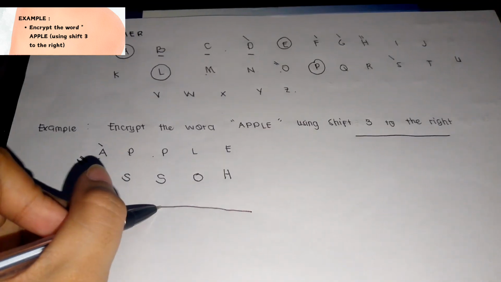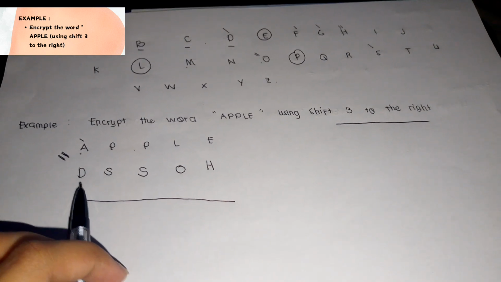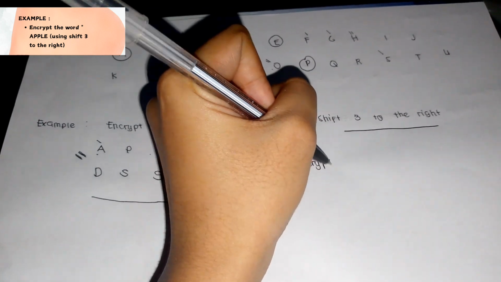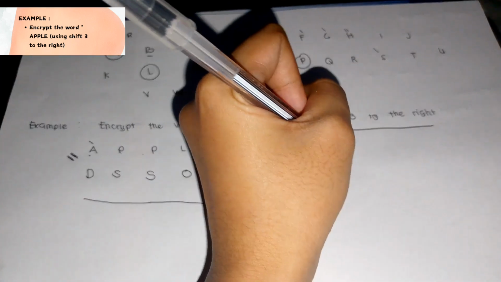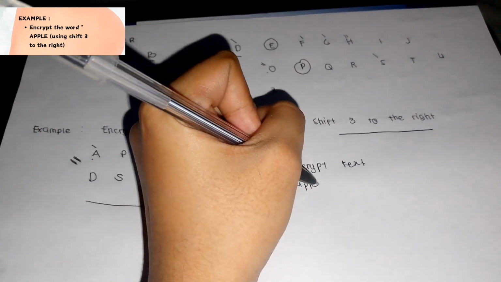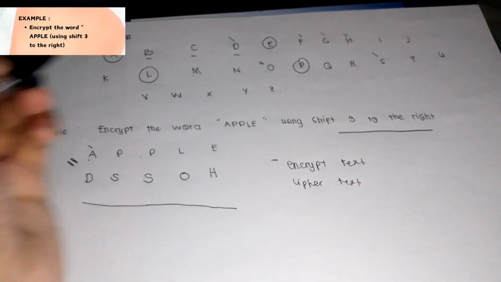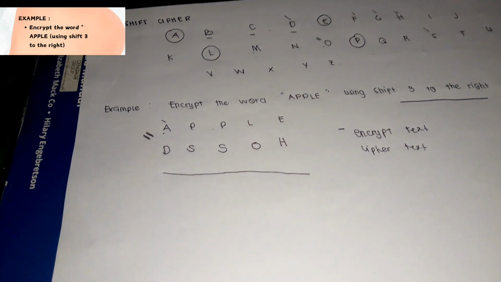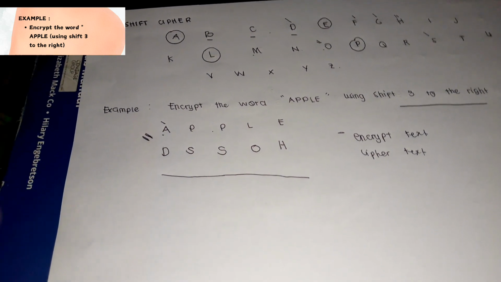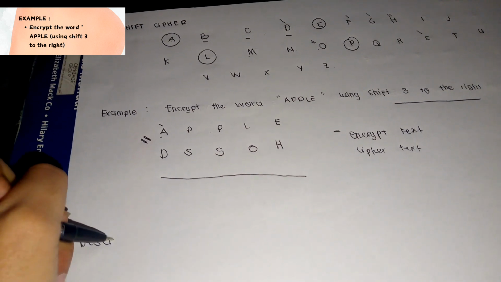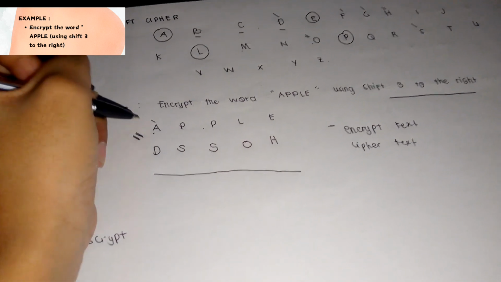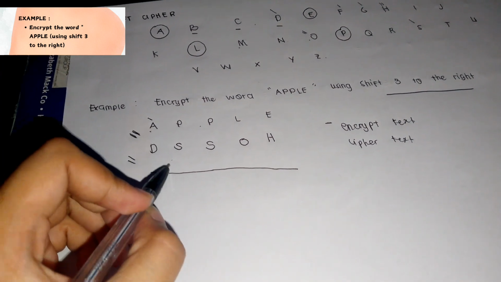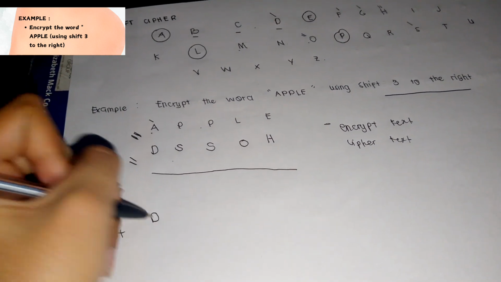Now, this is the encrypted text, or cipher text, for the word apple. Now, how are we going to decrypt this ciphertext? So we're going to copy this one,